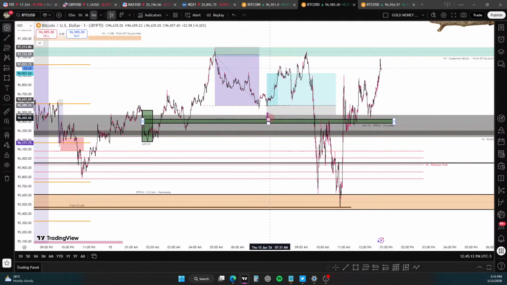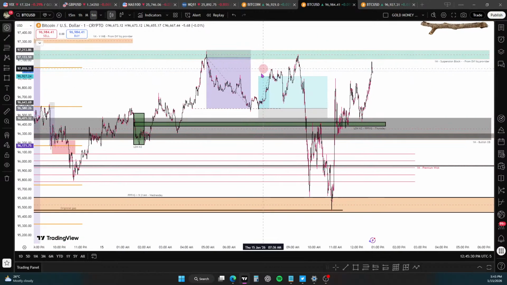To be honest, you would expect all of this to be taken out. If price comes through this bullish order block, you'd expect all of that to be taken out, unless it rejects this green gap. But here, it didn't. So we did take all those lows. But look, you could have scalped this and bought it back into the consequent encroachment, or back into the low of the suspension block here, right?